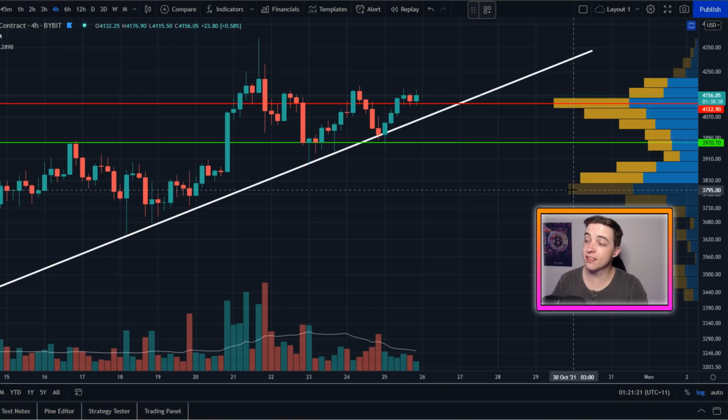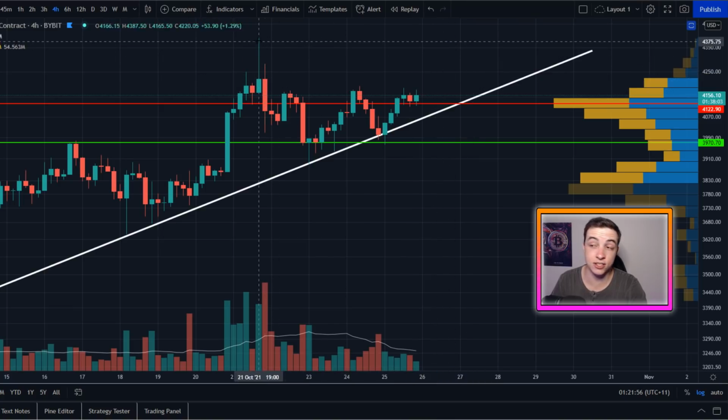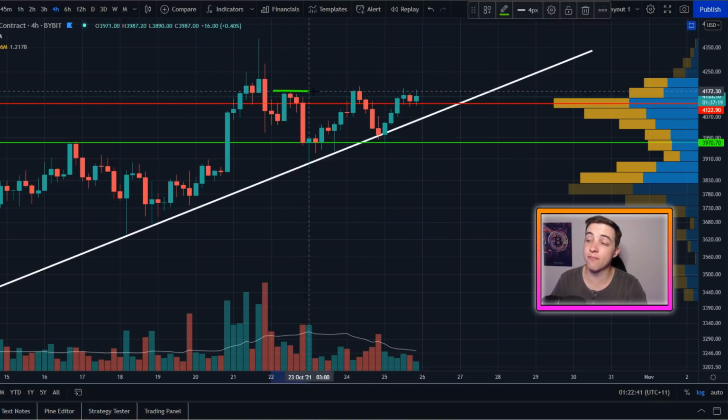And just bringing out the VPVR indicator, what we can see is right now, Ethereum is battling this huge range of volume, which really starts to drop off at around 4.2K. So if Ethereum can see a strong break above 4.2K, then in that range just there between 4.2K and the all-time high, which is at 4.4K approximately, there's actually not too much volume traded in that range. So that is when things can get pretty volatile to the upside if we can finally break above that 4.2K